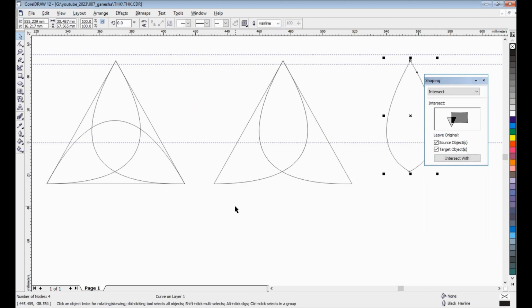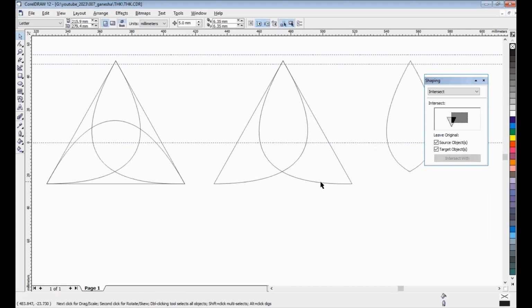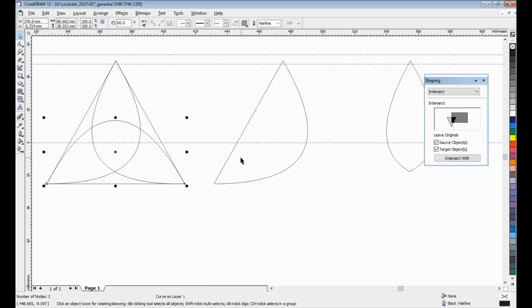Now I delete this. I use this, Control C, Control V. Intersect with this. It's the result.